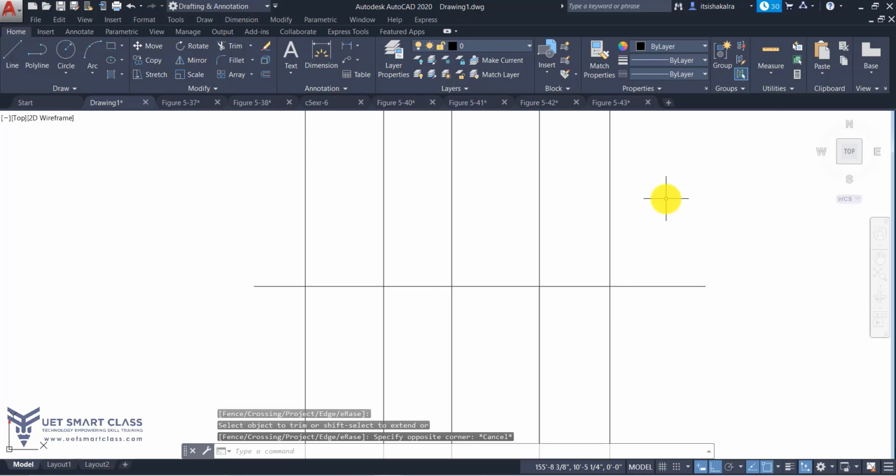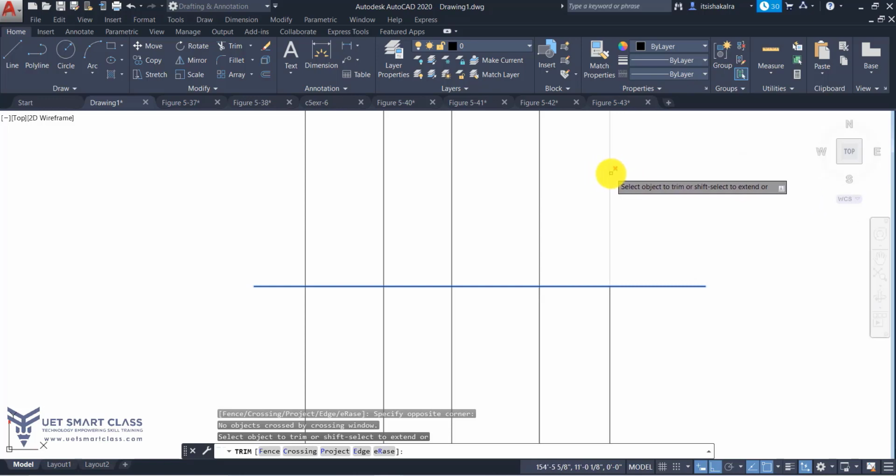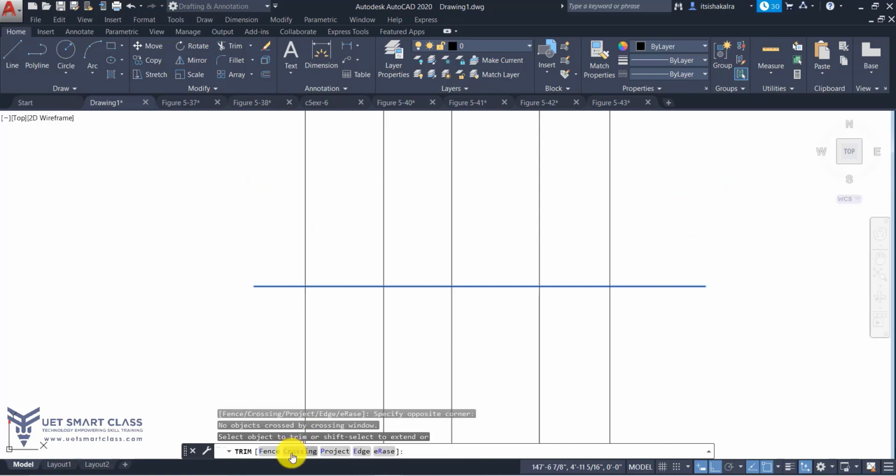Or even when you are in the trim command, as was majorly used in the older versions, you can select the crossing. See, enter, crossing method. But in newer versions, by default, it is showing. In older versions, you only had the option of picking the point, picking the object. Now in newer versions, you can directly by default select the crossing method, or you can go to crossing, see, enter, and select the method. The first two options, that is fence and crossing, are selection methods. Fence is again the fence line, and crossing is crossing method.